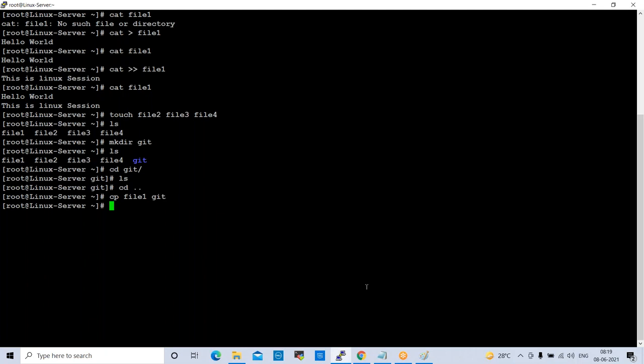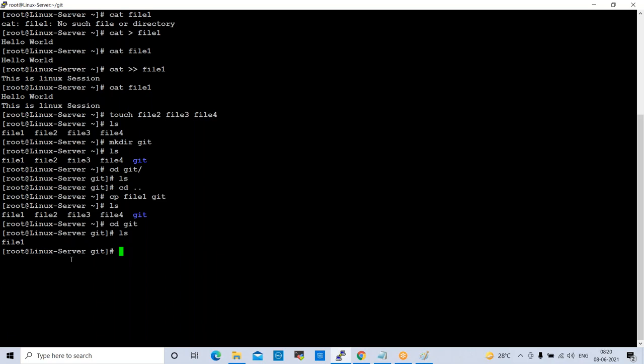So now if you check here ls, file 1 is available here also, and that is copied into git directory also. Now if you switch to git directory and check ls, the file is available here also, right? So copy means it will be available in source place and destination place.